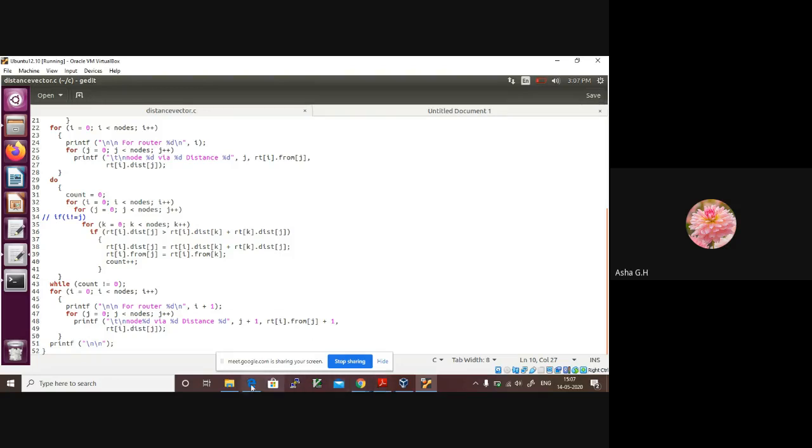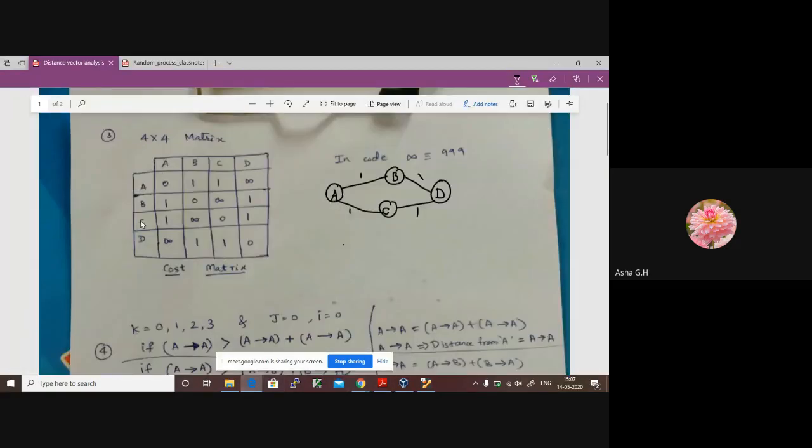Let's go back to this discussion and see. This is the cost matrix that we prepared first in our book and later entered in our program. Once we do that, what I have to do is find out the value of this infinity. That is one part.